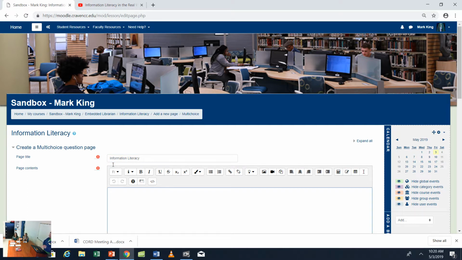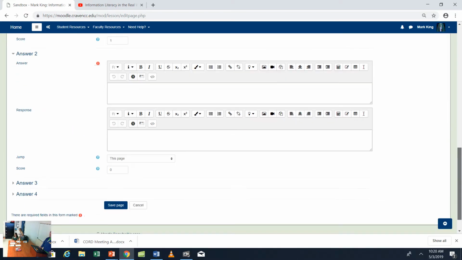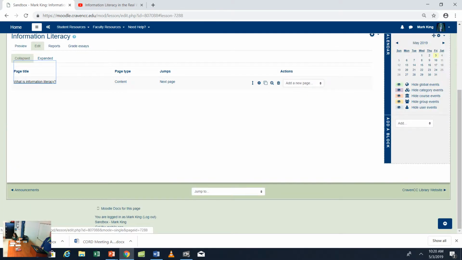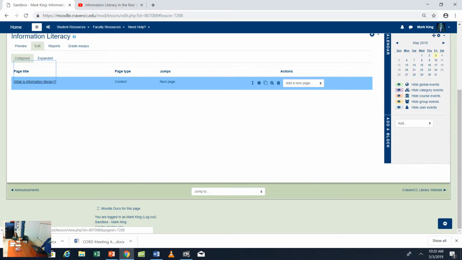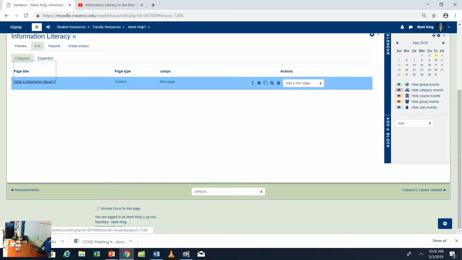The page, add a new page. You had one page, how did you do the next one? Oh, I'm sorry. I can go back. Let me scroll down. Let me cancel. I think it was over here somewhere. Alright, so after you save your content page, it goes back to this list of your pages. And over here on the right hand side where it says add new page, then I add a question page. Thank you.